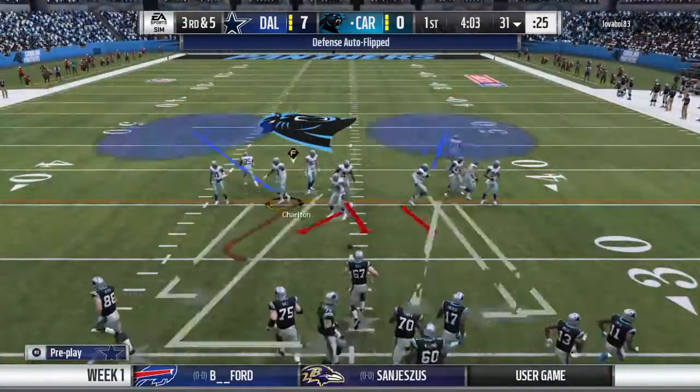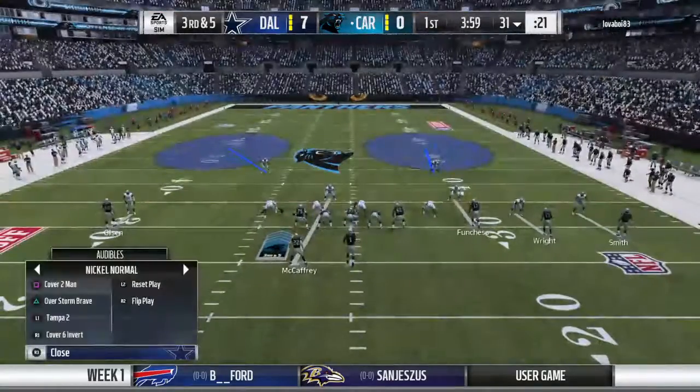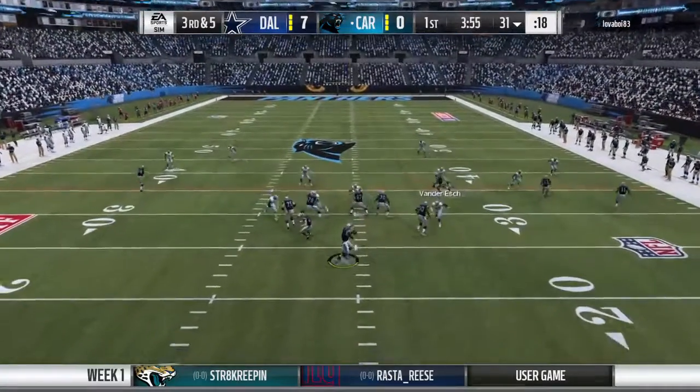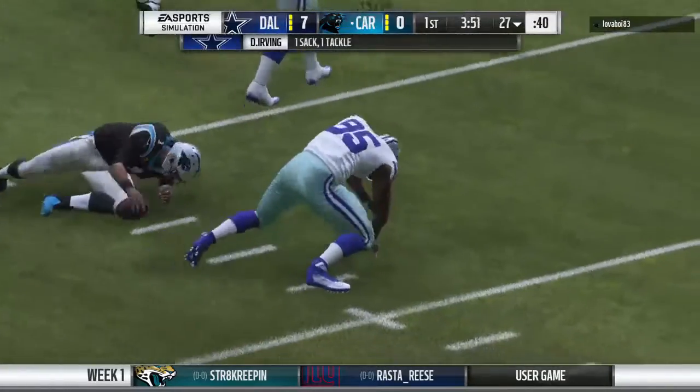And on third down, a nickel formation here defensively. From the gun, here's Newton. And he will go down. The Cowboys...